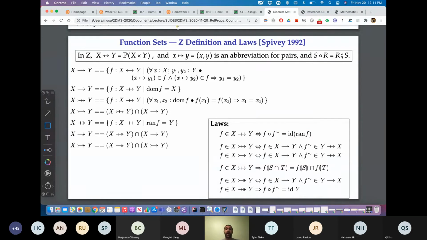If you decide to pick up any book on using Z, or work with the ISO Z standard, or take other classes that involve it. So I just thought this was a good time to mention this. Okay.